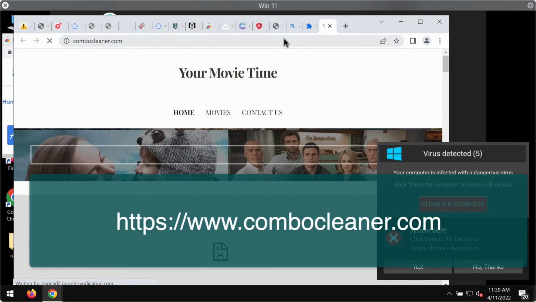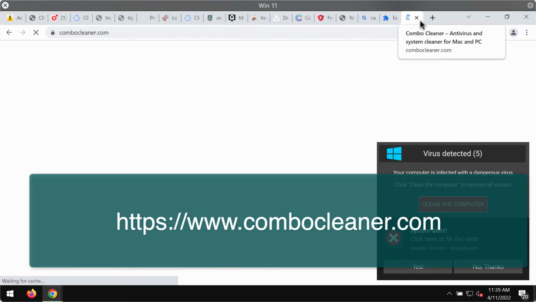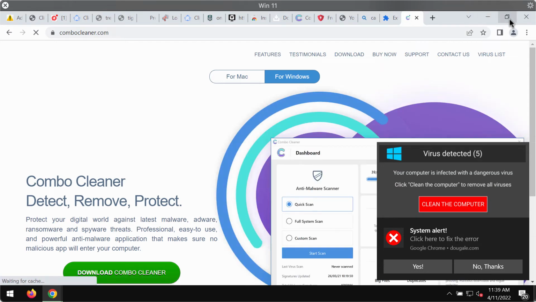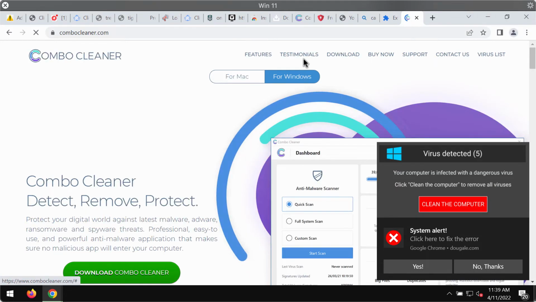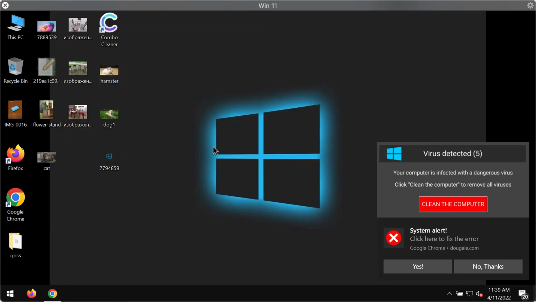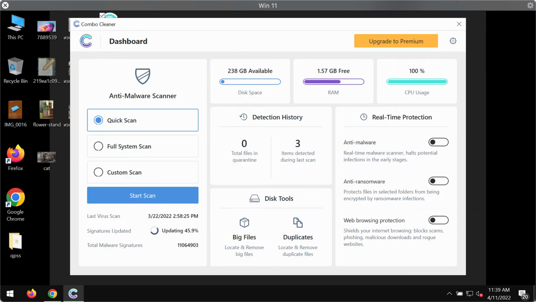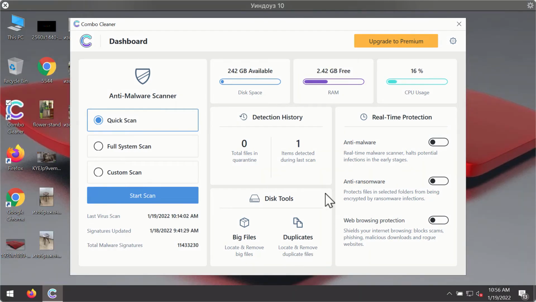Finally, I recommend investigating your device with the help of Combo Cleaner Antivirus, and the best place to get it is on the page combocleaner.com. Use this green download button, install the application, and then begin researching your system to identify and remove other infections from your computer. After you have successfully downloaded and installed Combo Cleaner Antivirus, it will be in the trial